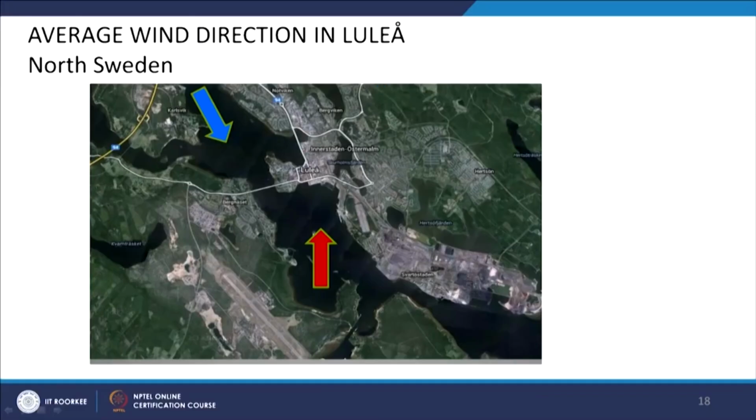Now, to talk about the context of Luleå, in fact, it's a very small town up north in Sweden, and in terms of wind directions, on one side you have the winds coming from the Russian side, which are much colder winds, and they come sometime in January or January to February, and they're very cold. And the other part actually comes from the south west side of it. And if you look at the snow cover, for almost 6 to 8 months the whole land